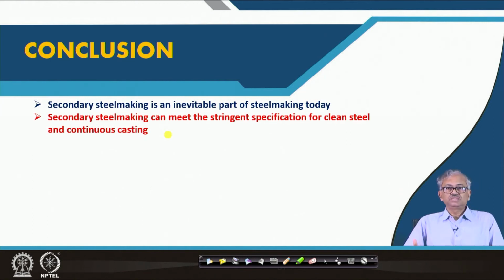Under LD steel making, an oxidizing process, you cannot remove the sulfur. Whatever you have removed in the blast furnace, that is 0.05, that remains. So if you want to reduce the sulfur from 0.05 to 0.003, that is 30 ppm steel, that is 10 times less, then you require some special technique which is called the